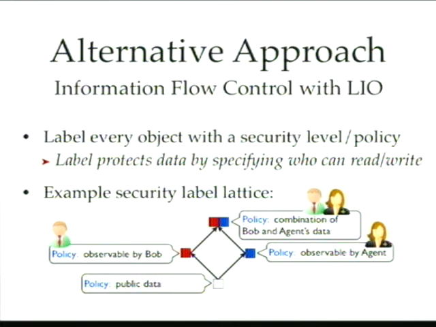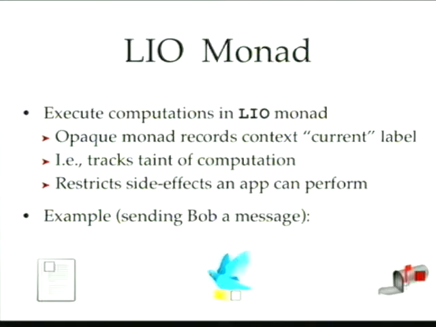Now the important thing to note is that there is no line connecting the two of them. So there's no information flowing from Bob to the agent or the other way around. But maybe there's a computation that performs something interesting with Bob's data, but it also uses some TSA information, and the label of this computation should at the end of the day be a combination of the two. Now in the system, this means that neither Bob nor the agent will be able to see it, but maybe in some other world they can both agree to be classified as a piece of data.